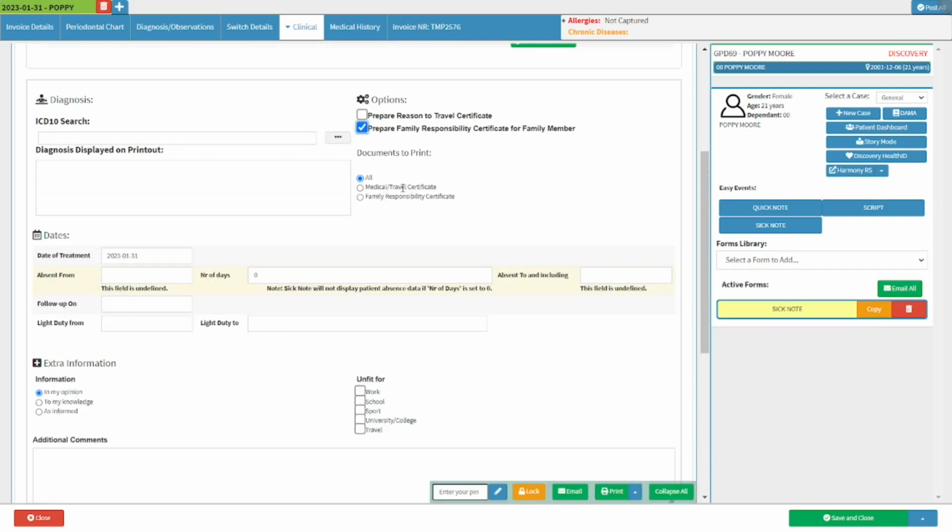The practitioner is able to choose if the travel certificate and family responsibility certificate are required to be printed in the Documents to Print section. The user is able to choose between all to print all of the available documents, medical travel certificate, or family responsibility certificate. The Date section refers to the specific timeframes of when the patient has been seen by the practitioner